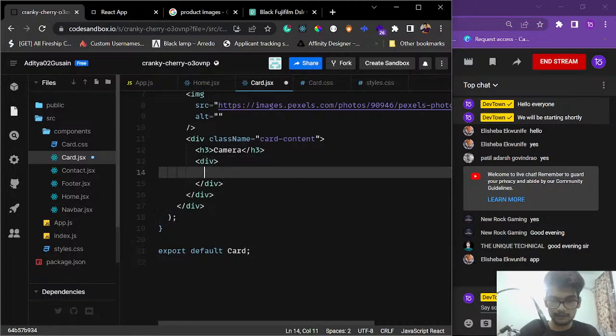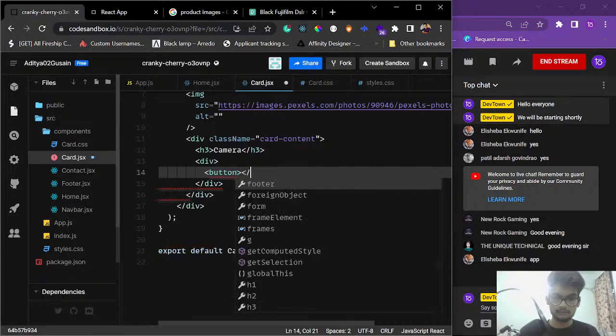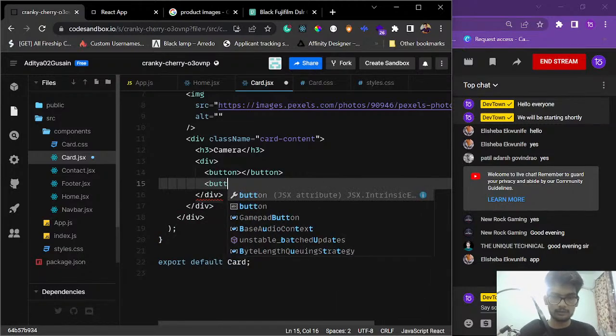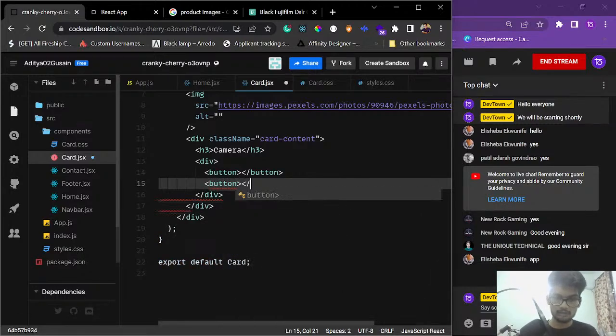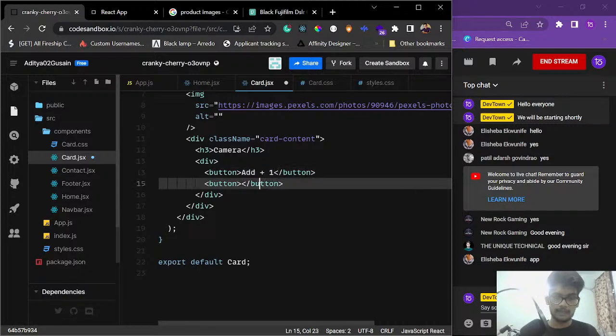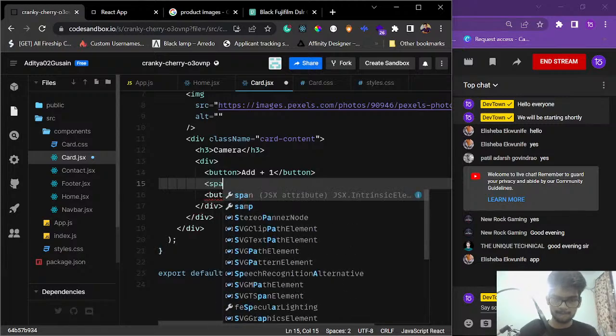That div will contain a button, and then it will contain another button, and here in between it will say add +1, and it will say subtract -1. Okay, that is what these buttons will say, and in between we will have, let's say, the products,